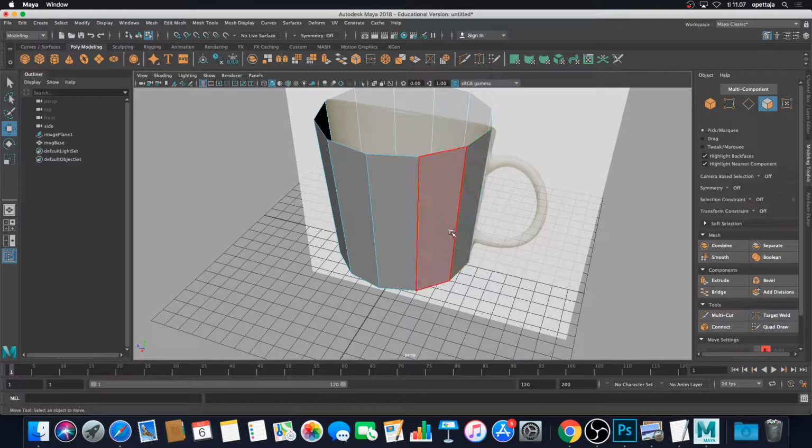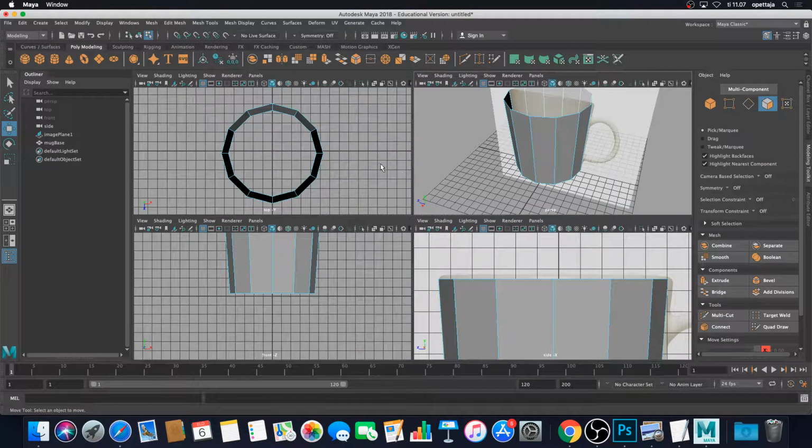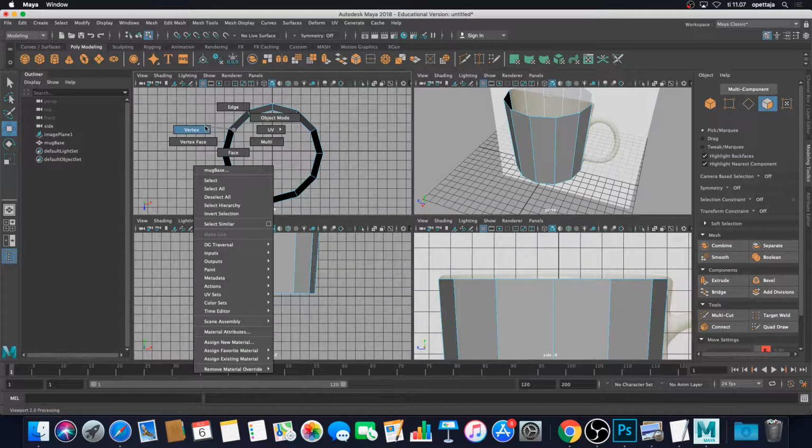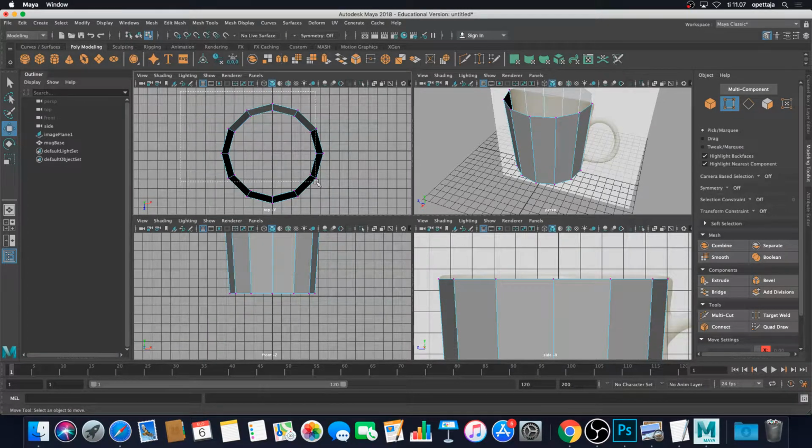So same thing what we did yesterday. We come to the Y view, and then I'm pressing mouse right down, I'm changing my selection mode to the vertex. I'm selecting all the vertices and pressing E,